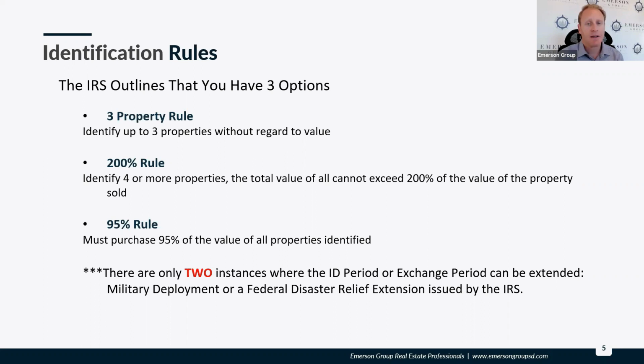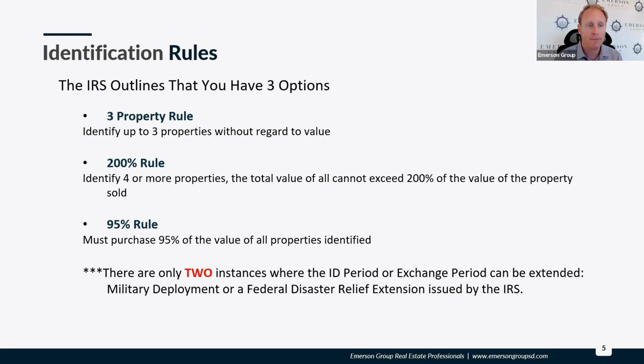So in this case, I sell a $1 million property, I get to identify as many properties as are within $2 million. So $1 million sale, 200%, $2 million worth of properties I get to identify. So if I were buying in Texas, that might look like 6 or 8 properties to fit into that $2